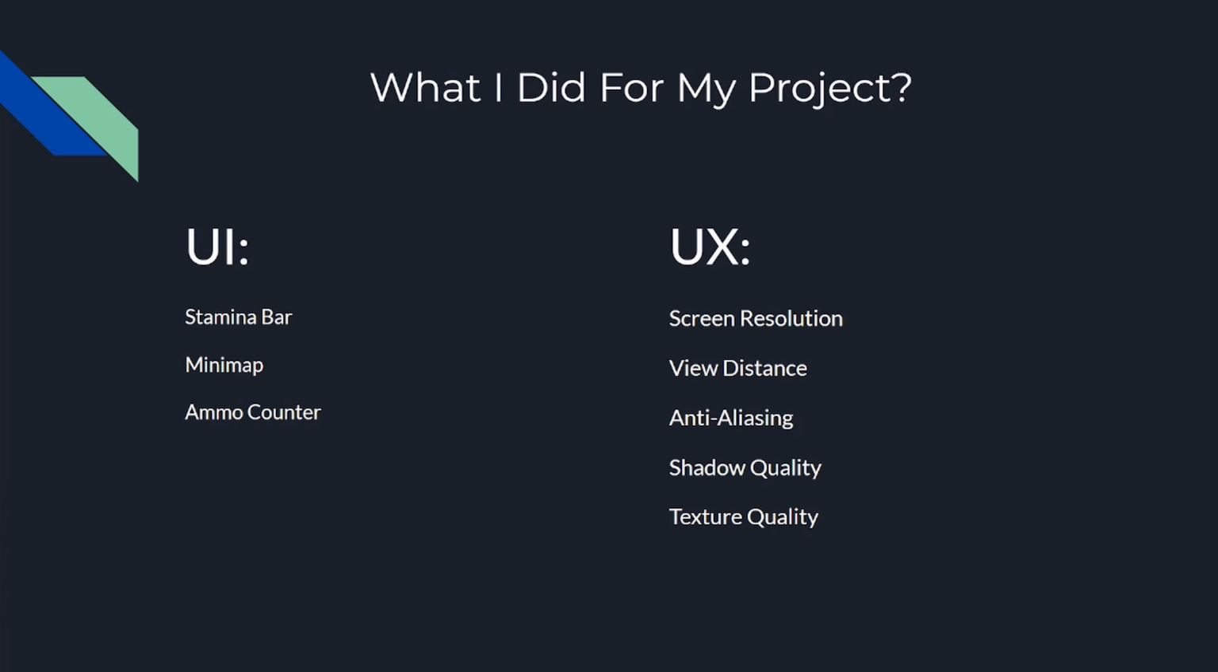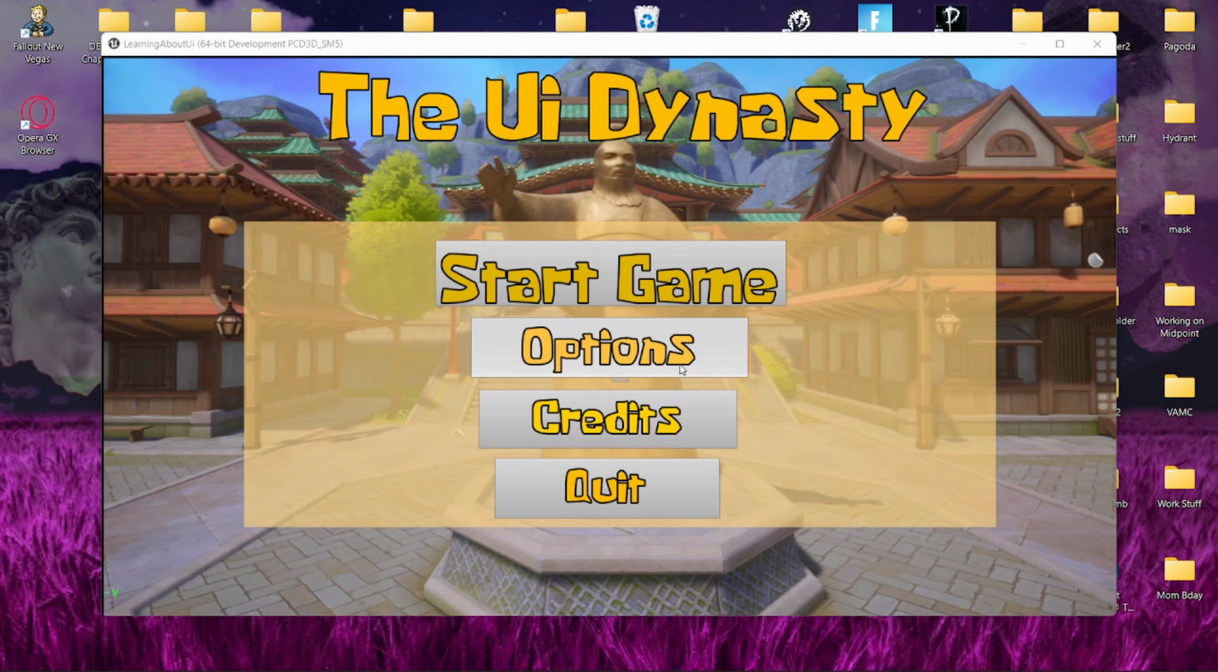For my project, for UI, I decided to work on a stamina bar, a minimap, and an ammo counter. All things that are very pertinent to first person shooters. Meanwhile, for UX, I decided to work on how to change screen resolution, view distance, anti-aliasing, shadow quality, and texture. To begin, I'll go over some of the UX features inside of the game, starting with the options